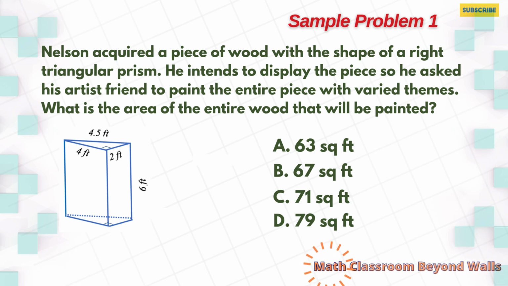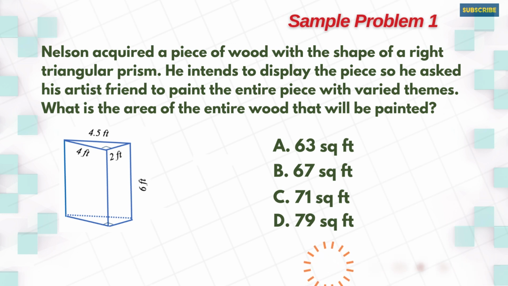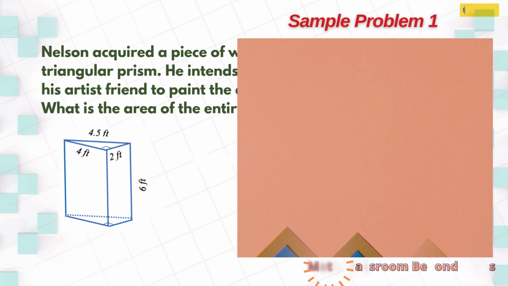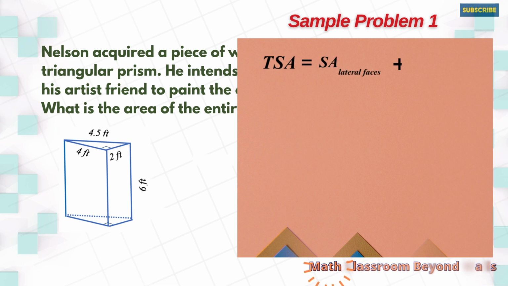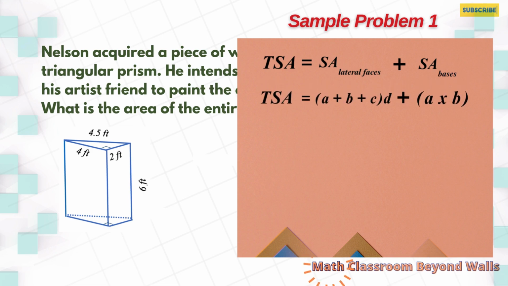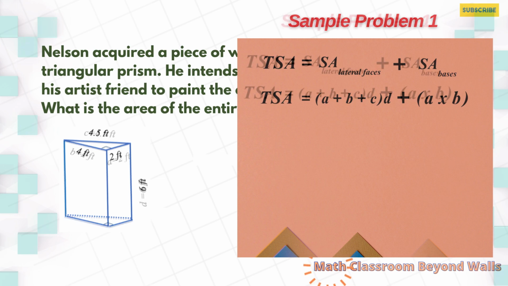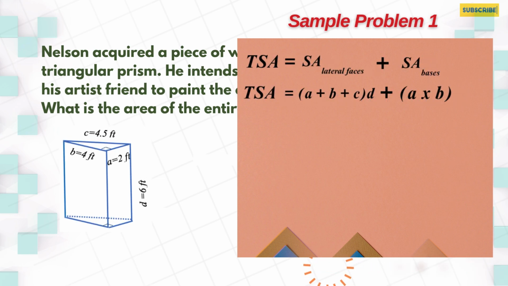Do you agree, learners? So here, we start by having the formula for the total surface area of the triangular prism, which is surface area of the lateral faces plus the surface area of the bases, which is further broken down into the sum of A, B, and C times D plus A times B. Let us identify what each measurement in the figure represents so we can easily plug in the values into the formula. Let's go. Plugging in the values, we have